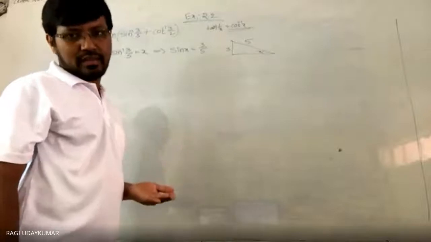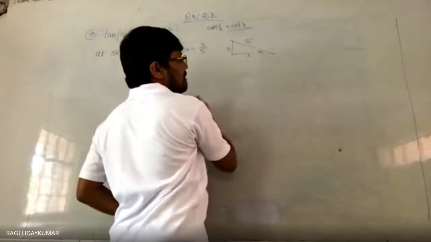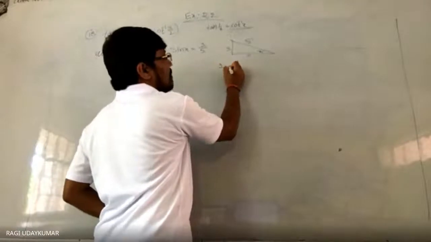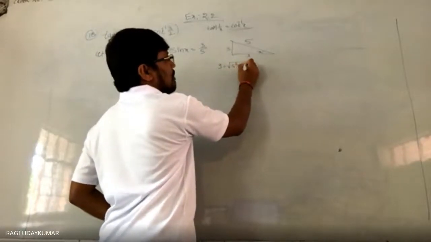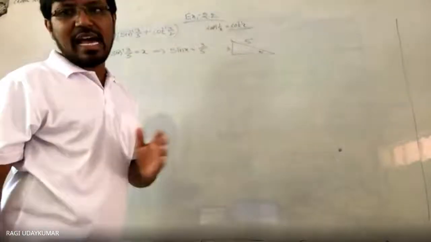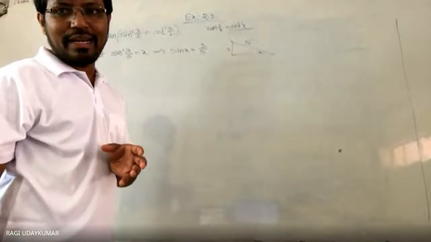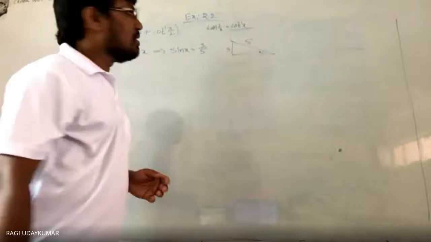Under root of 5 square minus 3 square, this you will get it as a 4. Here if you consider it as y is equals to under root of 5 square minus 3 square. Actually you should remember this very simple. 3, 4, 5 are the Pythagorean triplets. All the Pythagorean triplets if you keep in your mind, it is an easy task to do.